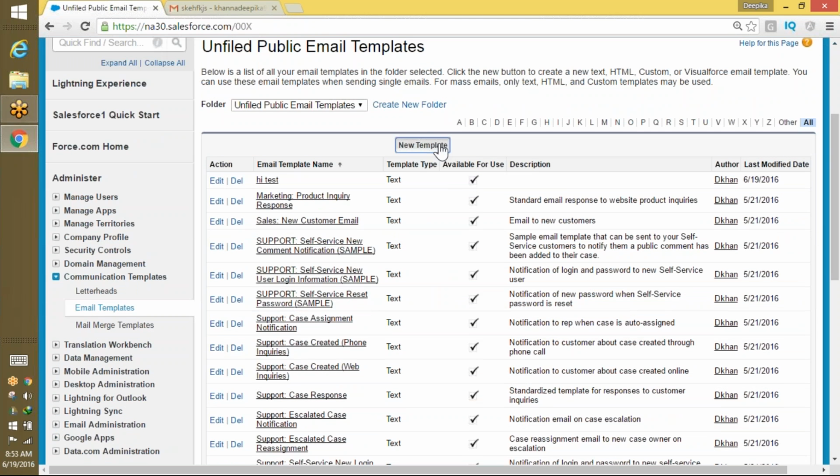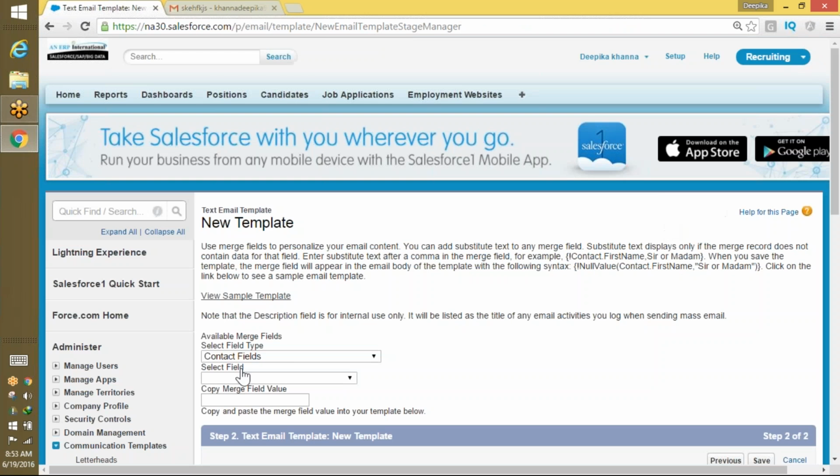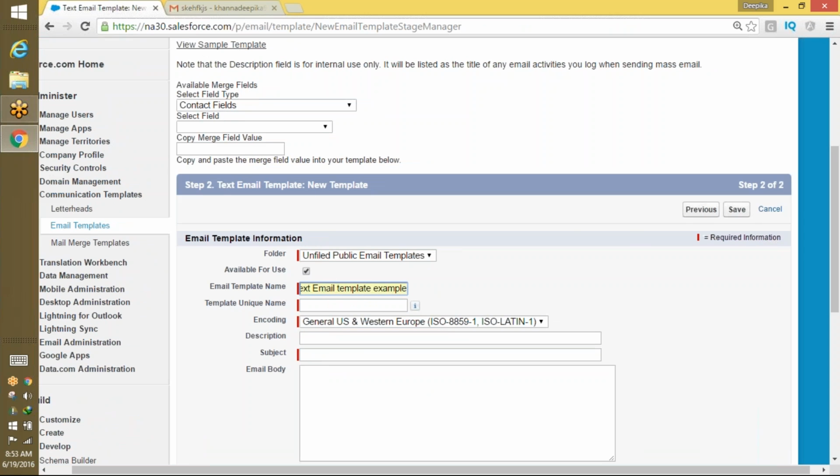So let's go ahead and create a new email template. This time I'm going to use the text email template. And here we'll say available. Okay. Text email template. The recruiting one. Okay, and then welcome email, and we can say here